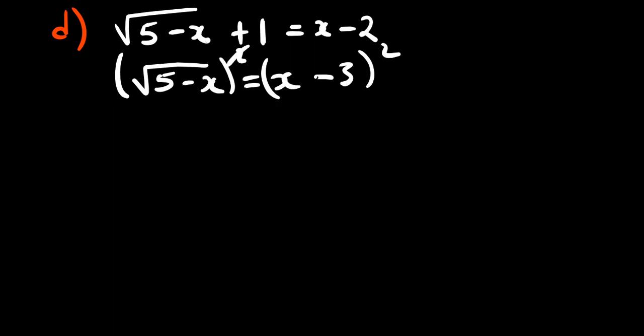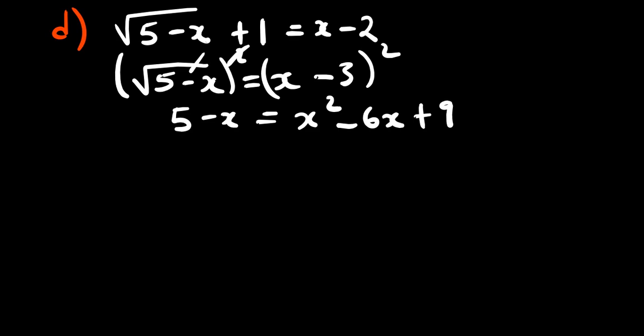On the left hand side, the square and the root will cancel, so I have 5 minus x, this equals x squared, then 2 multiplied by x, that's 2x, 2x multiplied by negative 3, that is negative 6x. Then the negative 3 squared will just be positive 9. Okay, then what are you going to do? You are going to again put the like terms together. So I'll have 0 equals x squared